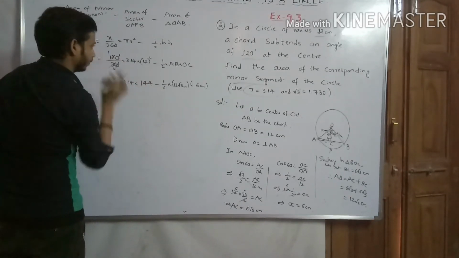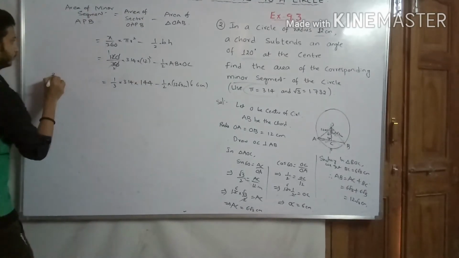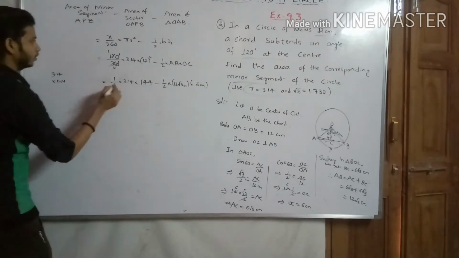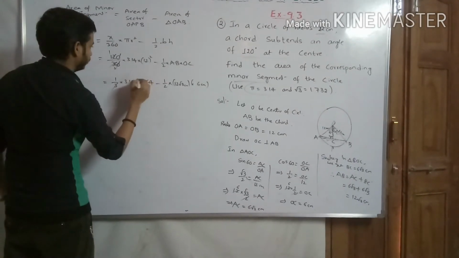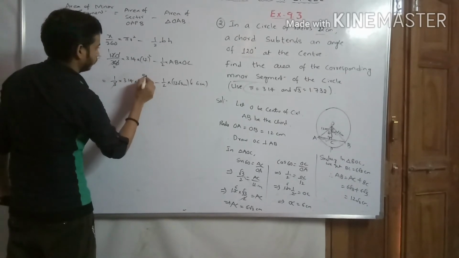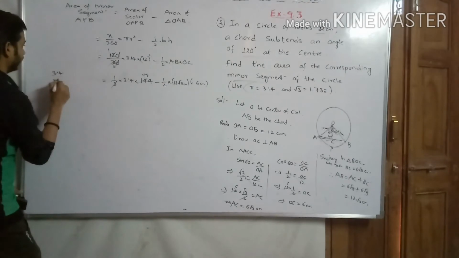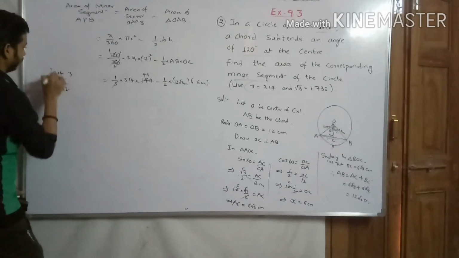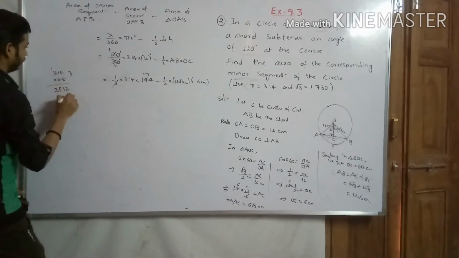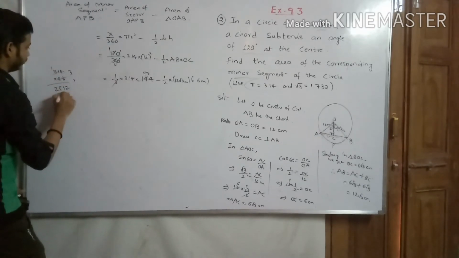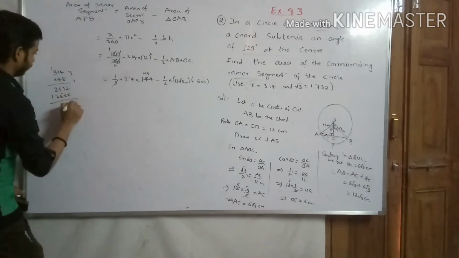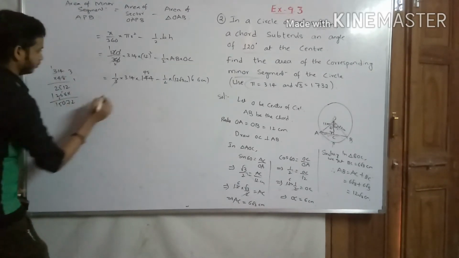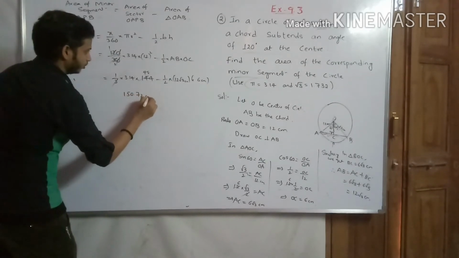3.14 into 144. Okay, so 3.14 into 144, let us start. 3 4s are 12. 2 4 24. 3 8s are 24. Okay, 3.14 into 48. 4 8 4s are 32. 2 3 8 1, 8 plus 3 it's 11. 8 3s are 24 plus 1 25 into 4 4s are 16. 4 1s are 4 plus 5. 4 3s are 12. 2 7 10 5. So before 2 digits point, 150.72 centimeters square minus